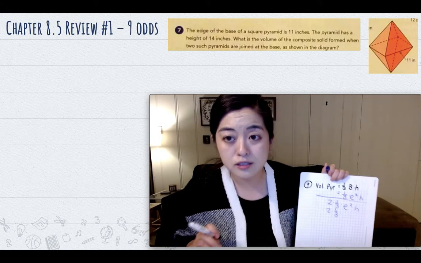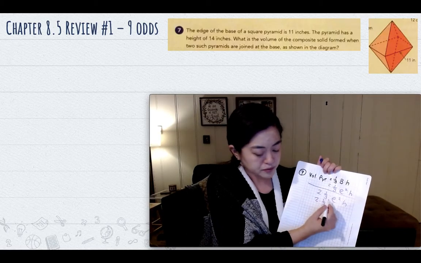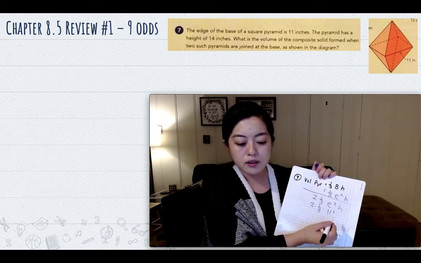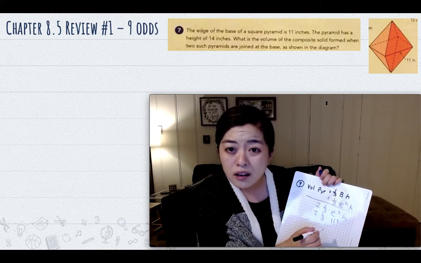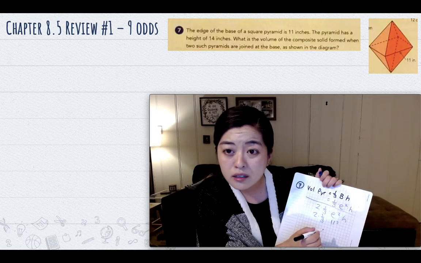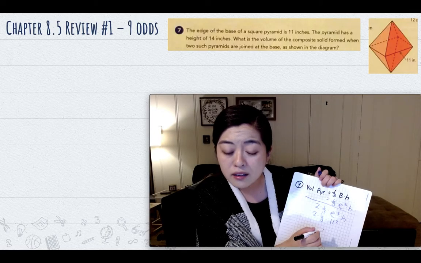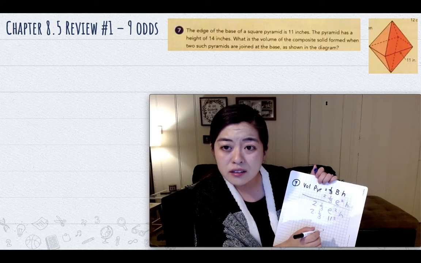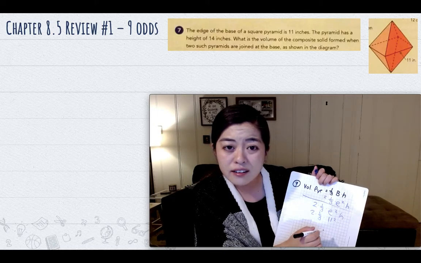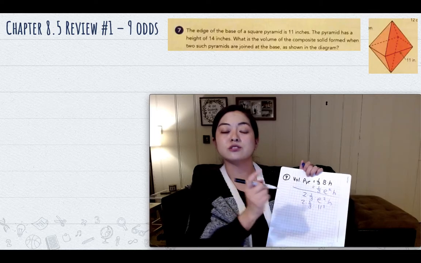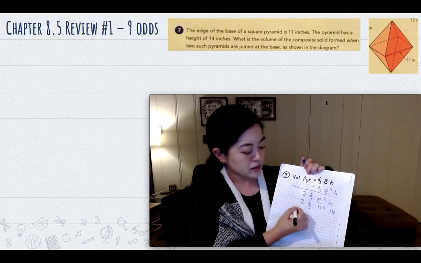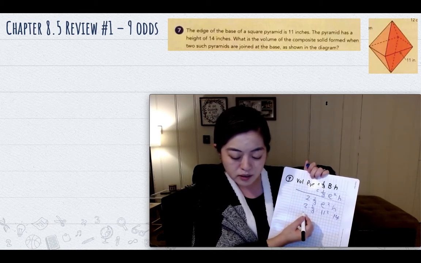The edge is 11. So 11 squared times, and then the height is, did they give you the height? Oh, it tells you in the information it's 14. Okay, and then if you input this in the calculator,